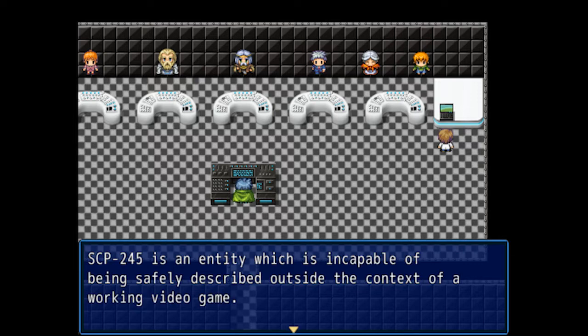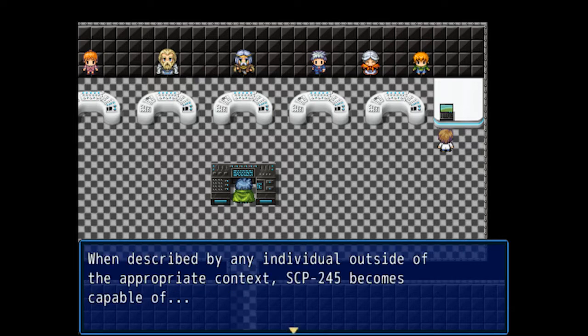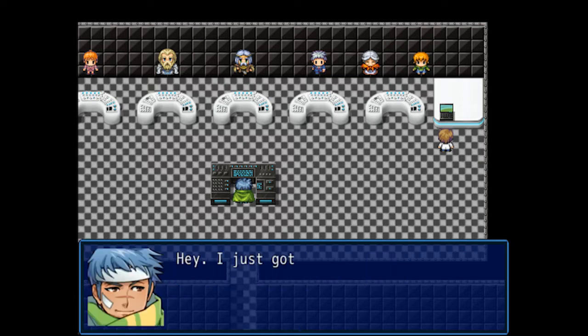SCP-245 is an entity which is incapable of being safely described outside the context of a working video game. So it's sort of like that one SCP whose number I always forget, that can only be described through pictures, pictograms and symbols. Otherwise, it abducts you. There are multiple SCPs that can only be described or explained in specific manners. When described by an individual outside of the appropriate context, SCP-245 becomes capable of...